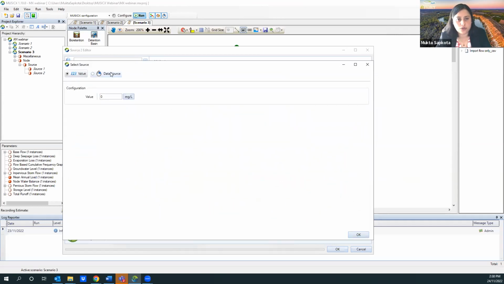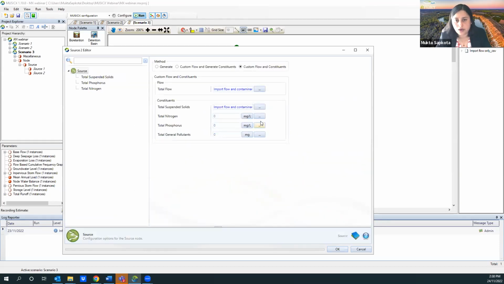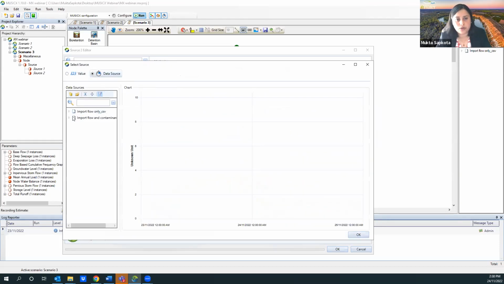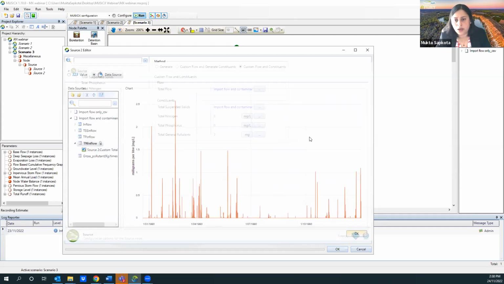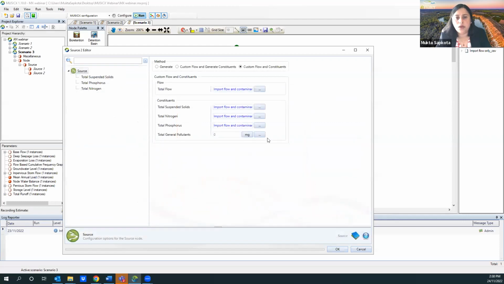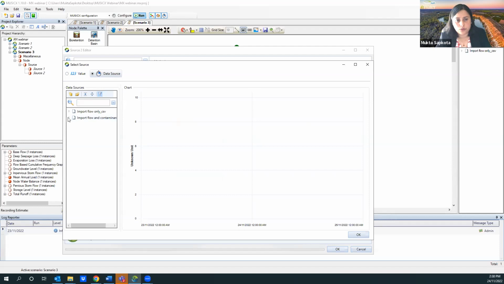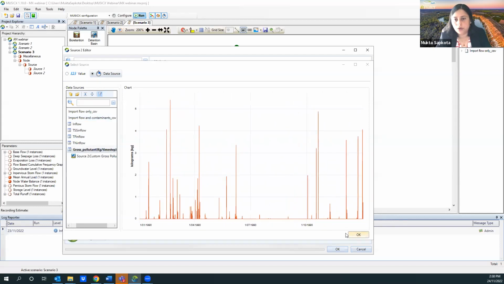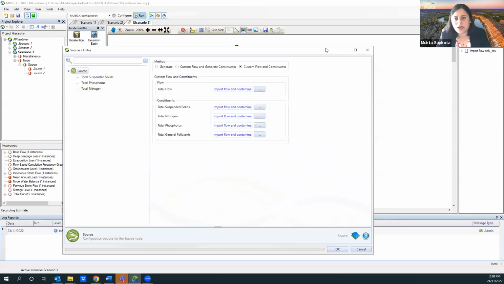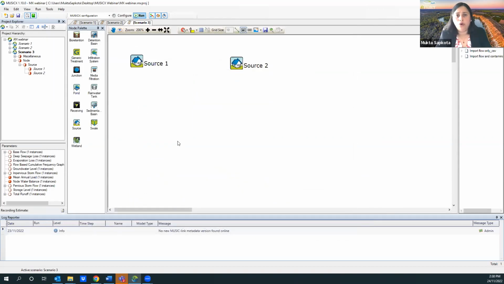Then total suspended solids. I have this in this file already, so just clicking again. Now this is total nitrogen, so I have my total nitrogen here. And this is my phosphorus here, so I'm also giving values for phosphorus. And then finally the contaminants here, and for this one, this is cross-protein. So you can see here that is how you can include any non-standard type of flow within